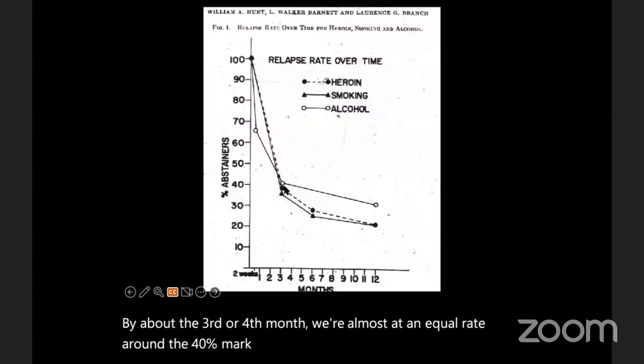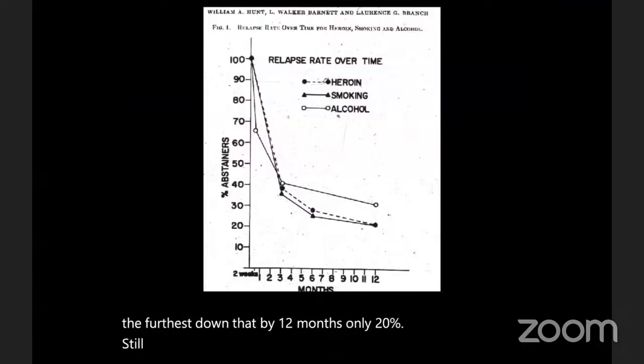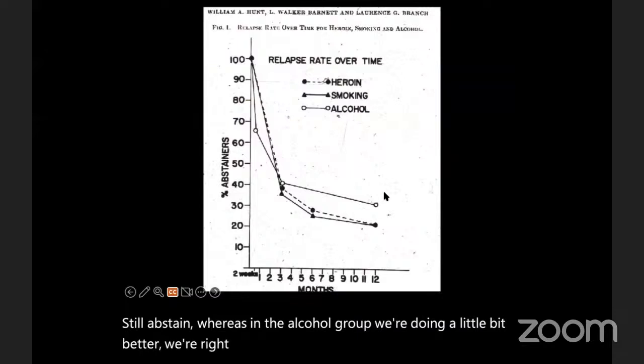And then smoking and heroin tend to be the furthest down, that by 12 months, only 20% still abstain, whereas in the alcohol group, we're doing a little bit better. We're right around 30%.